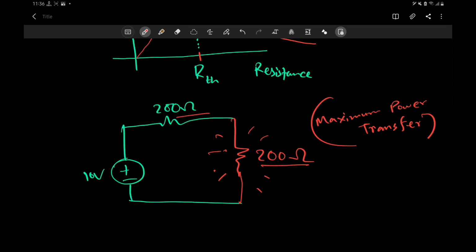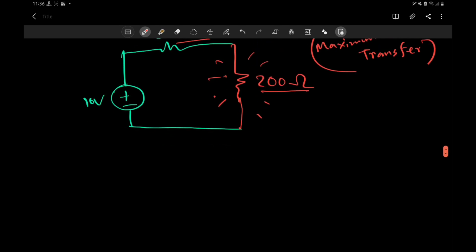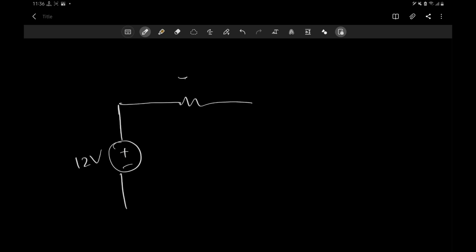Hopefully this example has explained the whole thing, and we can go into the mathematics, but the main scenario here is that if you use the exact resistance as the Thevenin's resistance, you will have the maximum power. Okay, so for completeness, let's do another example. Maybe you have a circuit where you have 12 volt, and then here, let's say 500 ohm, and